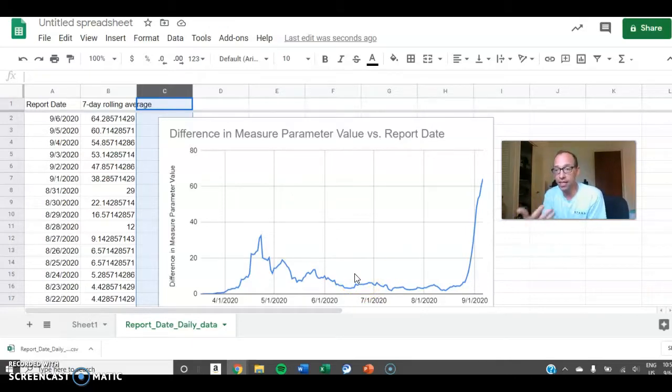And we can make this a 10-day rolling average or a 15. The more days that we include in our average, the smoother our curve will be. So the advantage is we're really starting to see the overall trends the more we include. The disadvantage is you start to lose some of the stories, like even right here, you can't really see